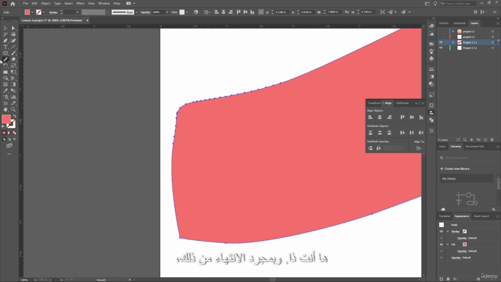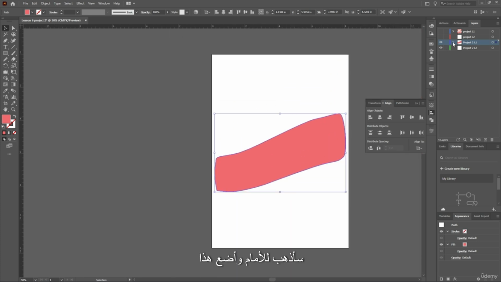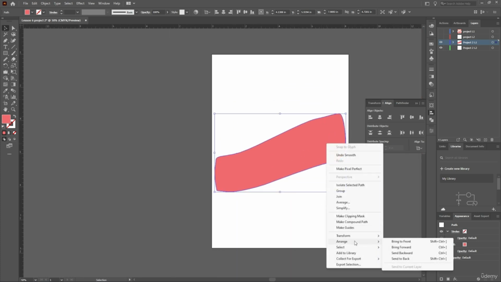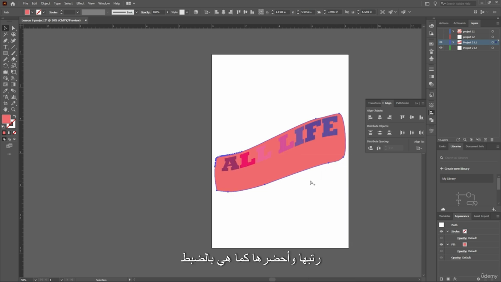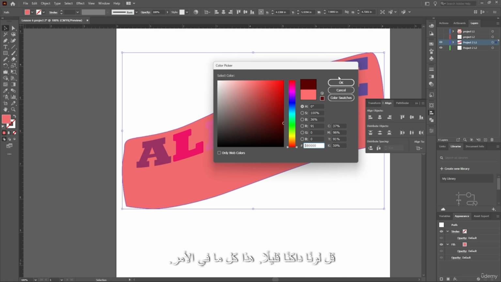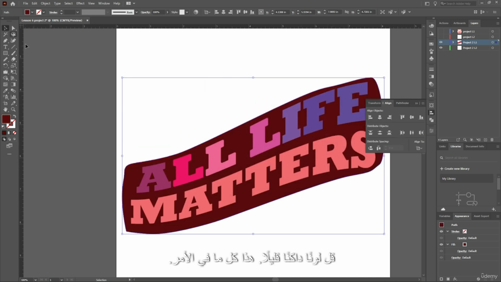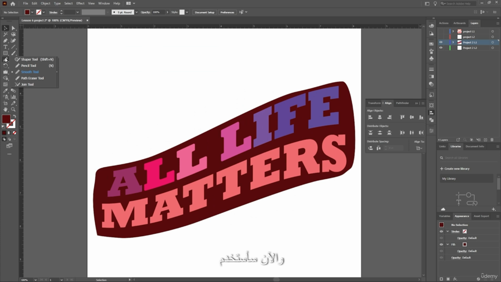There you go. And once that is done, I'm going to go ahead and arrange it and bring it to back, to the exact back. Then change the color of it to, let's say, a bit darkish color. There you go. And now I'm going to use the